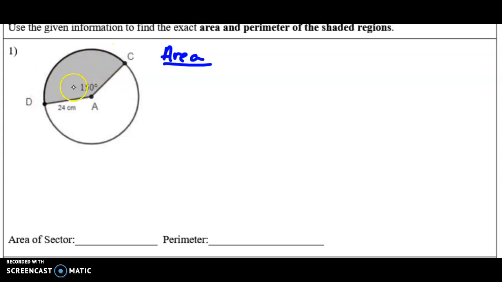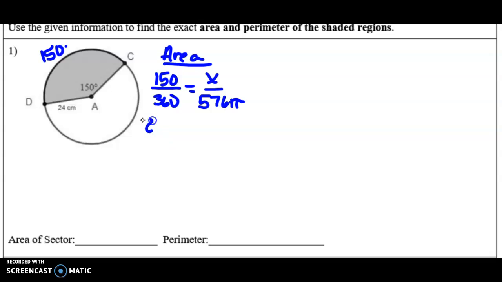you're going to take, if this is 150 degrees, this arc measure would be 150 degrees. So we're going to say 150 is to 360 as the area of the sector would be to the area of this whole thing. And if you square 24, you get 576, and that is pi. Now, if you multiply diagonally to solve this proportion, looks like you get